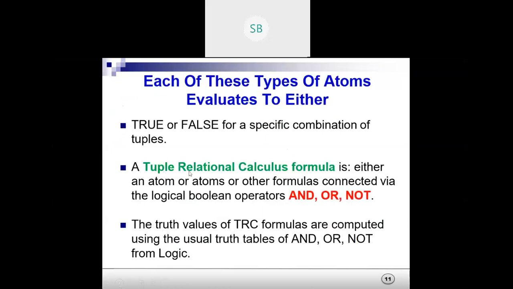Here I have also mentioned that a tuple relational calculus formula is either an atom or atoms or other formulas connected via operators. Atom means it may be a single value or a combination of different values. For a combination, we need to use operators such as AND, OR, NOT.